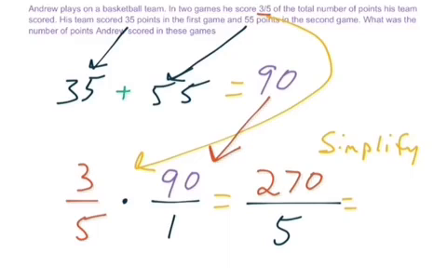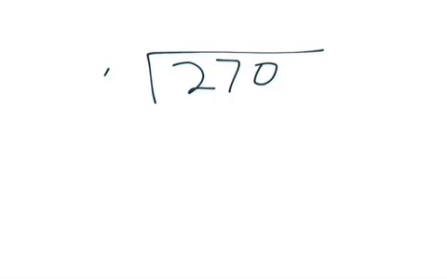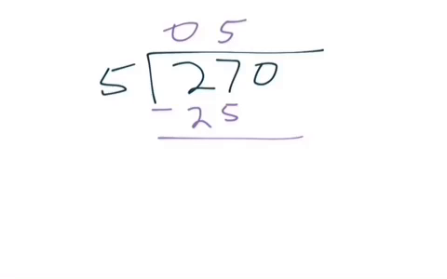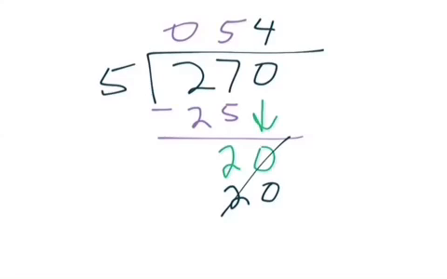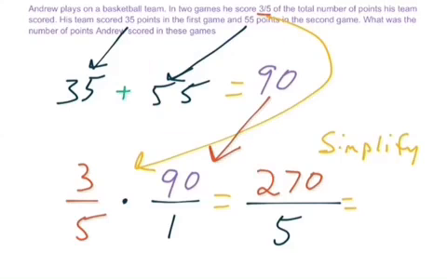So 270 over 5, I can actually simplify by saying 270 divided by 5. And 5 does not go into 2. 5 goes into 27 5 times. 5 times 5 is 25. When I subtract, I get a 2 here and a 0 there. And 5 goes into 20 4 times evenly, with zeros out here. So this should simplify to